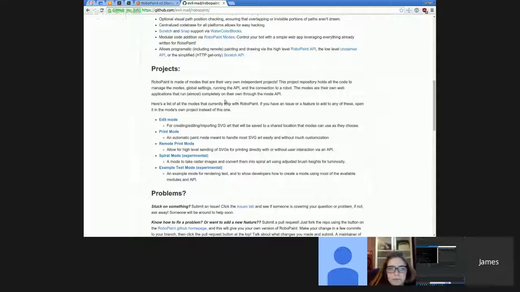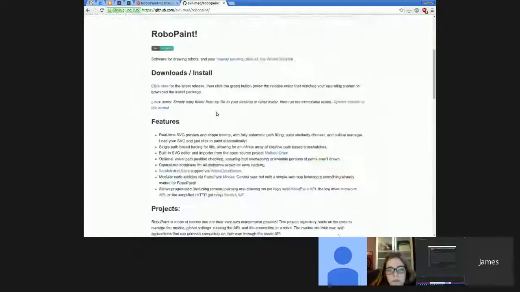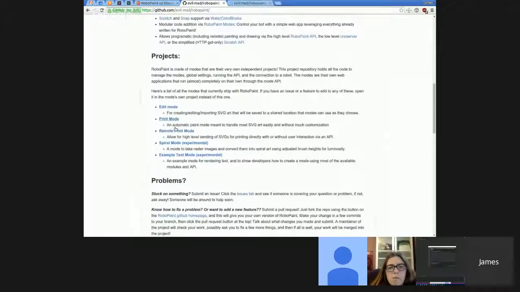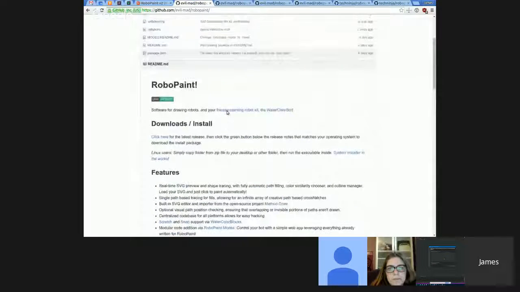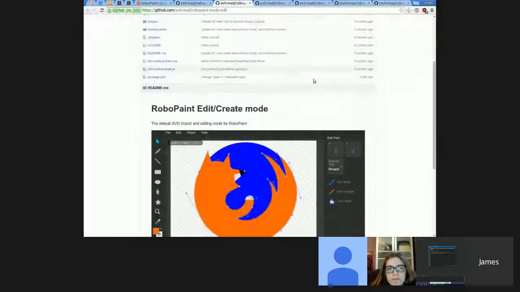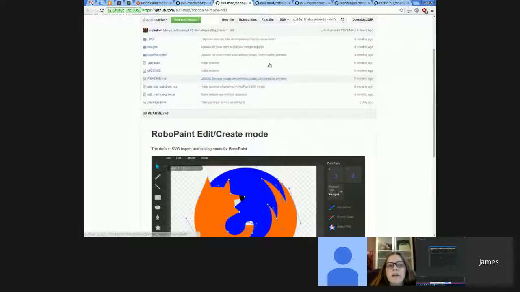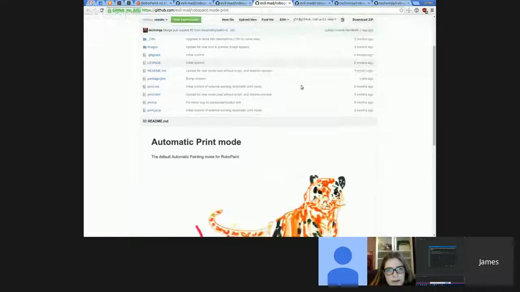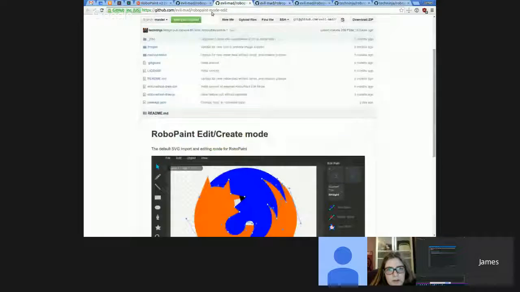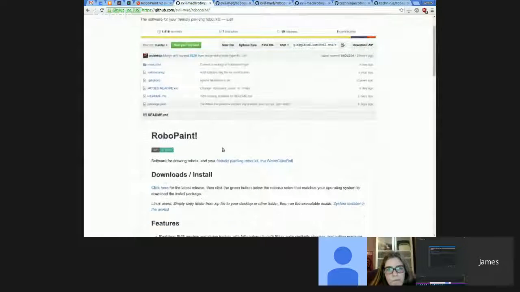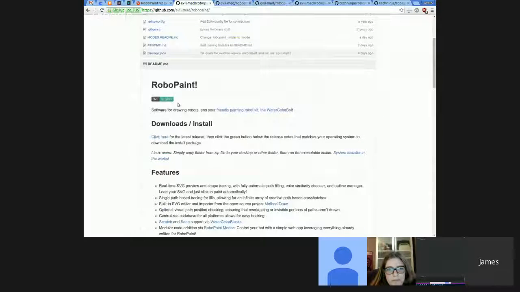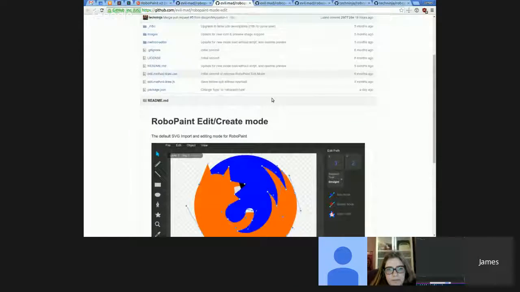And we talk about how we've split everything off into a new set of projects. In the old version of RoboPaint, these were all separate folders inside of the main project. What I've now done is split all of these things off into their own separate repositories, so that everything RoboPaint does is now its own separate application. All the complexity and all the extra little things are broken out into their own projects. If you want to contribute to any part, there's the main part here, which manages the modes and settings and a few other things, and then the actual things that do stuff.